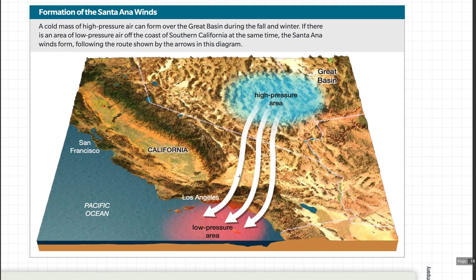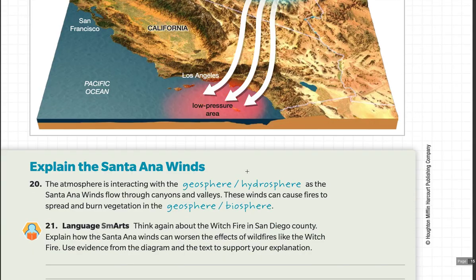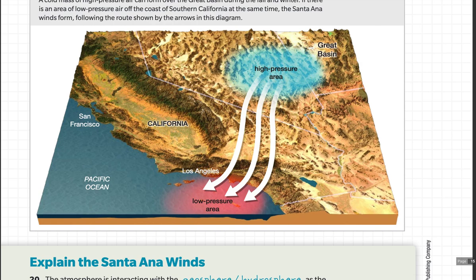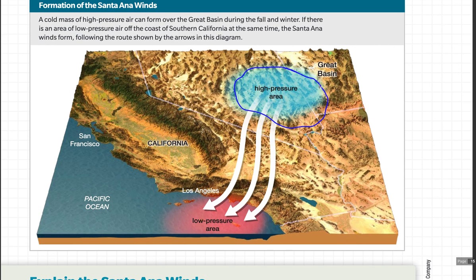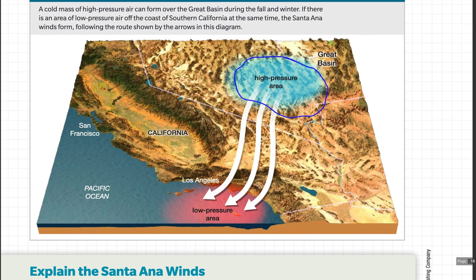And here is how the Santa Ana winds work and why they're hot. And this is a picture showing that. And so what we have here is a high pressure area over here, in this area that's inland, and it's hot. This is desert. So what happens is you get these low pressure areas, or high pressure areas here, because the air is actually cooling at this time of the year over in here. Sorry, it's not hot. I'm mixing up because I'm staring at the pictures. This is inland, and so the weather extremes are greater, and so it starts cooling down. It creates high pressure areas, and then over here, outside the coast, it's a warmer, low pressure area, and so